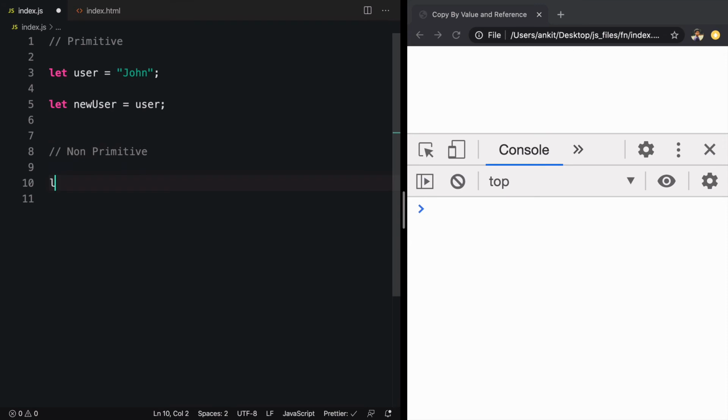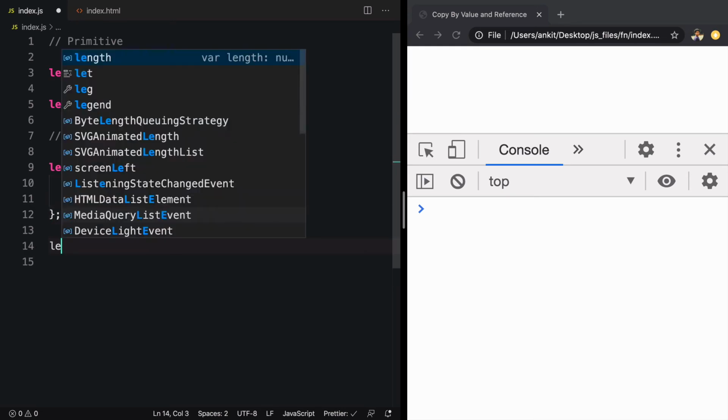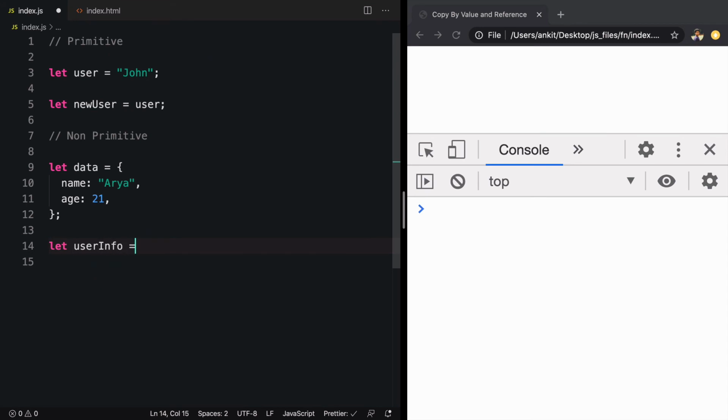Here we'll see that the variable we have called data, and the value of data is an object with a property name of Arya and age of 21. Now to copy the value, we'll create another variable called user info and the value of that will be data. And we need to manipulate the values now.